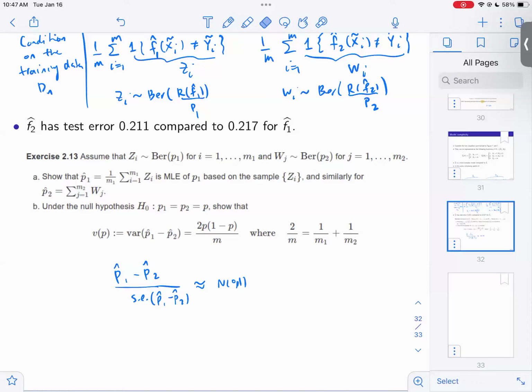I will not come back to do this project because we're out of time, but you can think about this. I'm just doing a simple hypothesis test of whether p1 and p2 are equal. If I can reject it, then they are different classifiers. If I can't reject it, then you don't have enough data, so probably stick with the smaller one. And I think here there's not really enough data to reject the null that they have the same population risk.